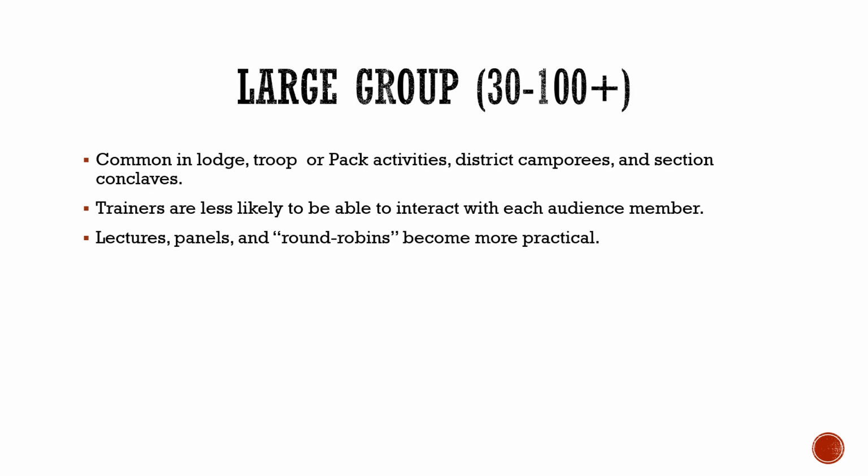settings. A larger group, like 30 to 100 plus people, as with an overall troop, or in our case, we have 75 kids in the pack and they bring their parents, and that's a lot of people in one group for our pack meetings. Very common in lodge, troop, or pack activities, camporees, and section conclaves. Trainers or the speakers are going to be less likely to interact with each audience member just because there's so many. These usually take the form of lectures, panels, maybe round robins if